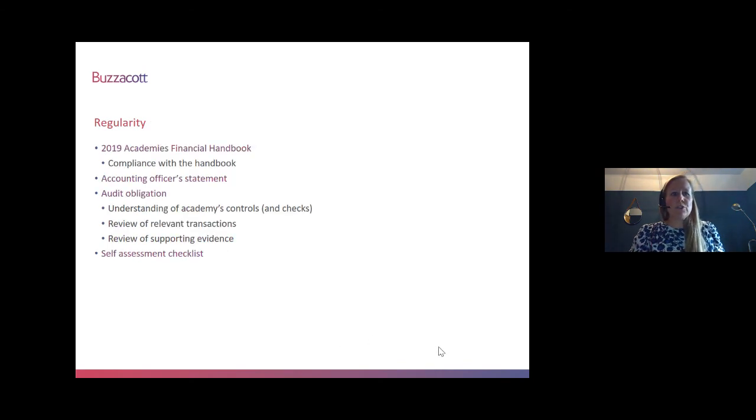So just moving on to the next slide, for the upcoming regularity audits this autumn, it's the 2019 version of the Academy's financial handbook which is relevant. So in terms of the compliance requirement of the regularity audit, it's the financial handbook that was issued last summer, which became effective from 1st of September 2019. And as